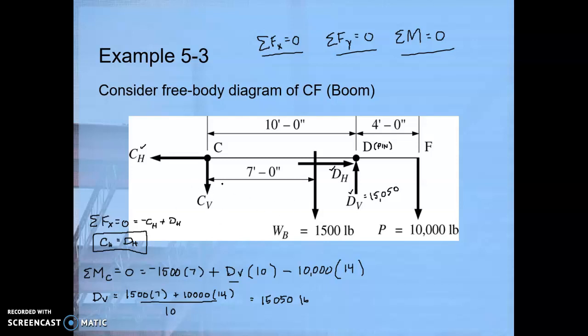And we can solve for this force by looking at all the forces in the y direction. So if I sum the forces in the y direction, it will equal 0. That's going to include CV going down, so negative CV, negative 1,500, positive DV, which was 15,050, and then minus 10,000. Okay, so that means